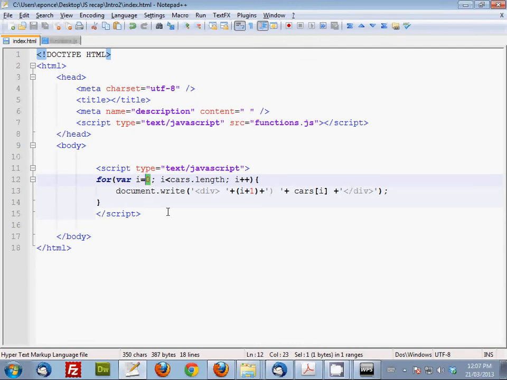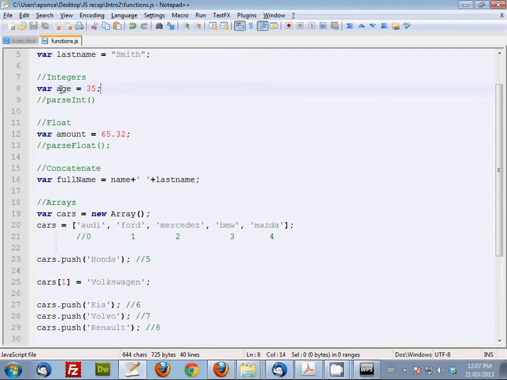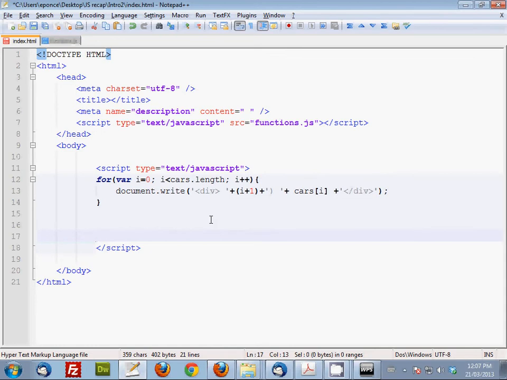Plus plus actually modifies the value. Okay? I'm gonna go back here to my integers. I have the age 35. If I say at the end of my array, after I'm done with my loop, I'm going to say document.write, the age of John, or of name,